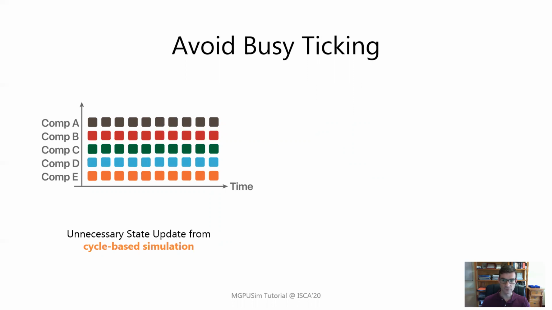Akita framework achieves this by using an event-driven simulation engine. That is, in Akita, a DRAM controller can calculate that a request takes 300 clock cycles to complete when the request arrives. Then nothing needs to be modeled in detail during the 300 clock cycles. So the DRAM controller can schedule an event in the event-driven simulation engine after 300 clock cycles and skip state updates until then.